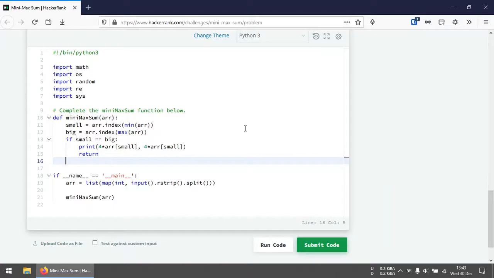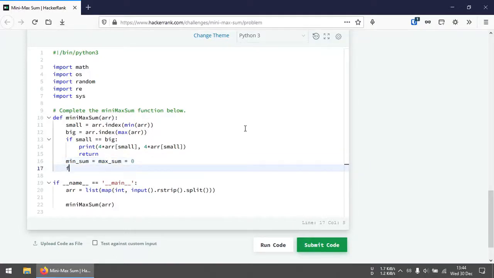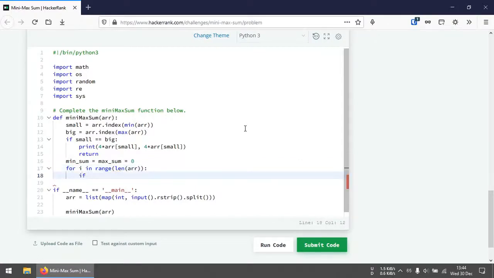for this special case. So if it was not for this case, then what we'll need to do is create two variables to keep track of the minimum sum and the maximum sum, and we can initially set them to 0, and then we'll start iterating through the array, and we'll iterate using the indices of the array. And during each iteration, we check if we are either at the index of the smallest or the index